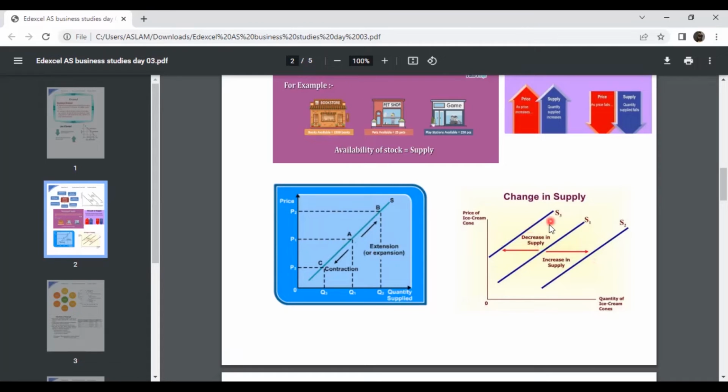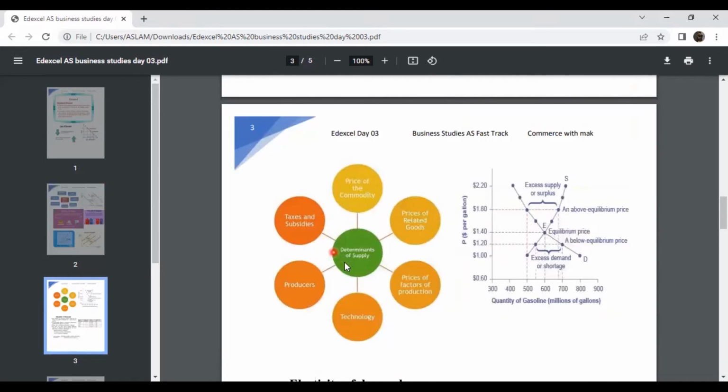One we say is decrease in supply, the other one we say is increase in supply. Increase in supply you can see shifts to the right, decrease in supply you can see shifts to the left. The changes in supply only happen due to the determinants of supply. So what are the determinants of supply which we have already? So we have price of the commodity, price of related goods, price of factors of production, technology, producers, taxes and